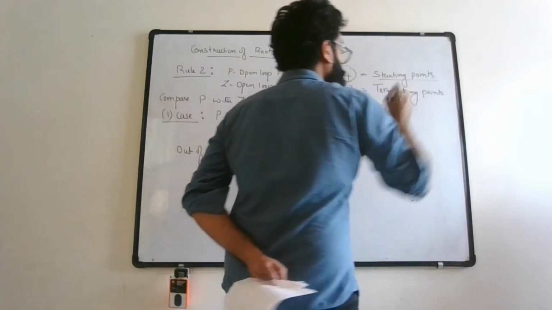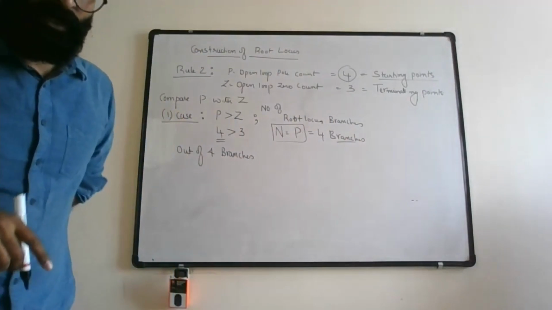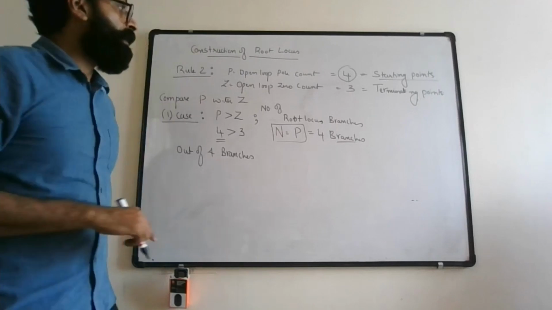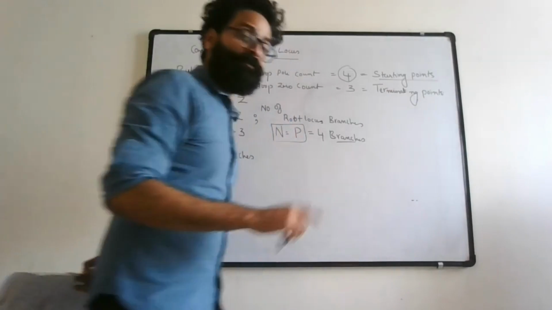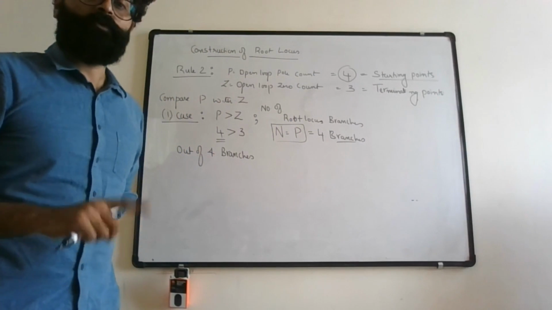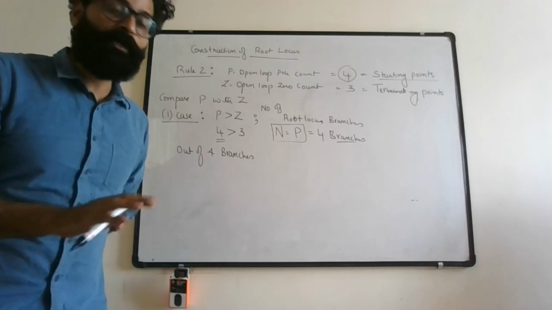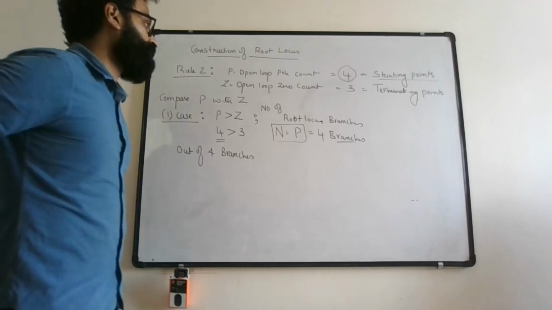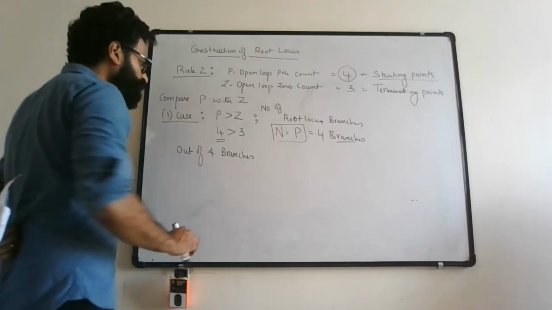Starting points are those points at which a root locus branch emerges, and terminating points are those points at which the root locus branch is going to terminate, or end its journey. All right. So out of 4 branches,